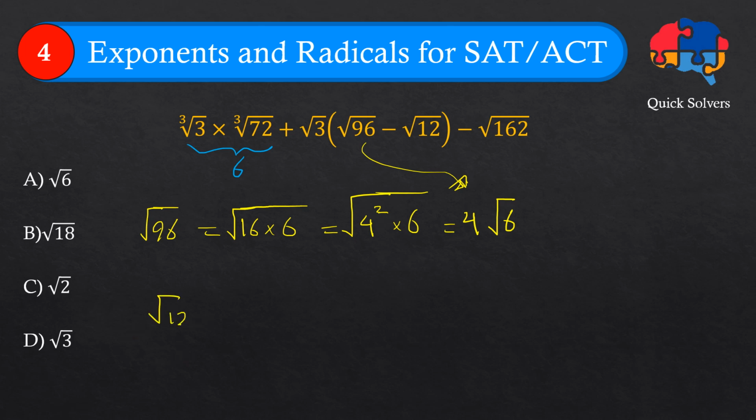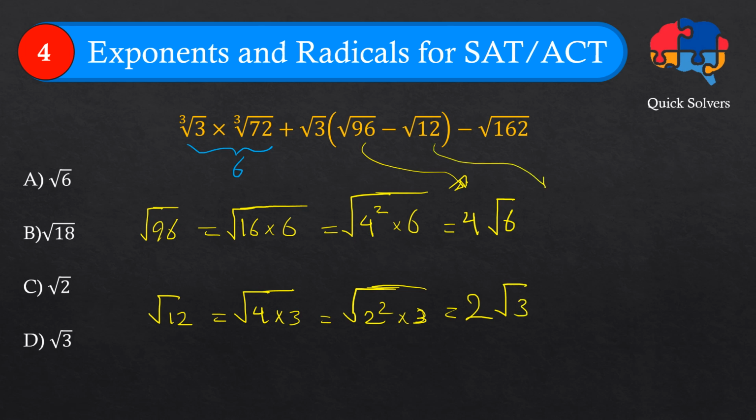Square root of 12, well, I can rewrite this as 4 times 3. And you know that 4 is 2 to the power of 2 times 3. So following the same rule that I have already applied for the previous parts, I can rewrite this as 2 times a square root of 3. Okay, so the whole expression here now,